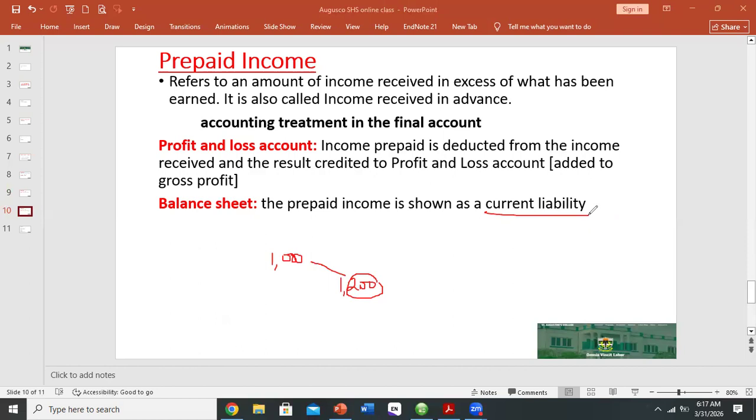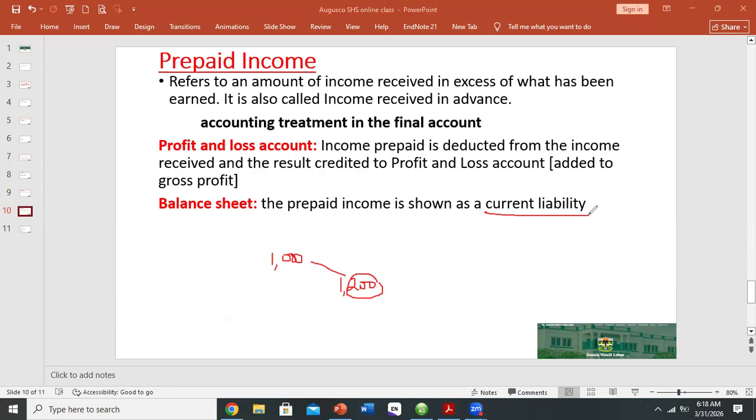So if you set up your business and somebody pays you in advance before you render a service or provide a product, then that is a current liability because you have received the income in excess of what you are actually supposed to receive. So if I want to give another example, if your father is supposed to give you chop money for a month,